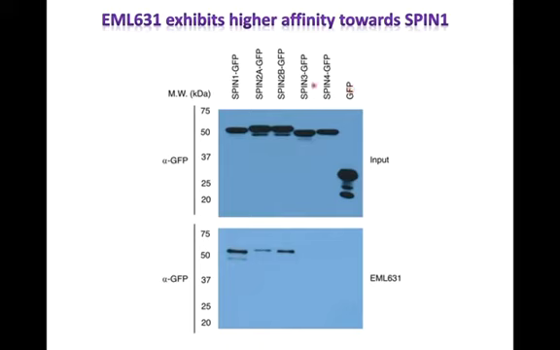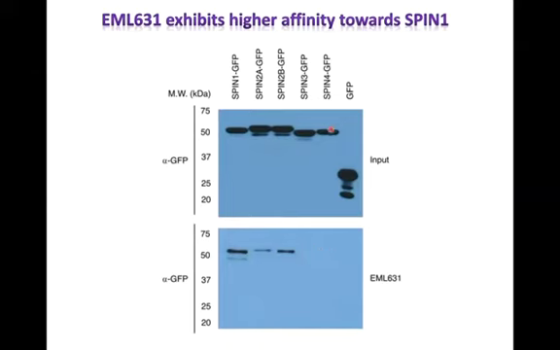In this experiment, we wanted to pinpoint which SPIN protein from the family actually binds with the inhibitor, in this case EML 631. So when you pull down SPIN1 with EML 631, you can see the expression of SPIN1, SPIN2A, and SPIN2B, and no levels at all for SPIN3